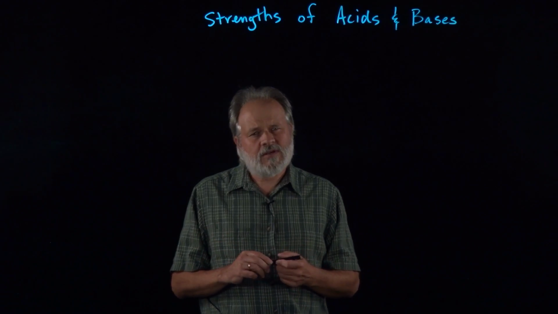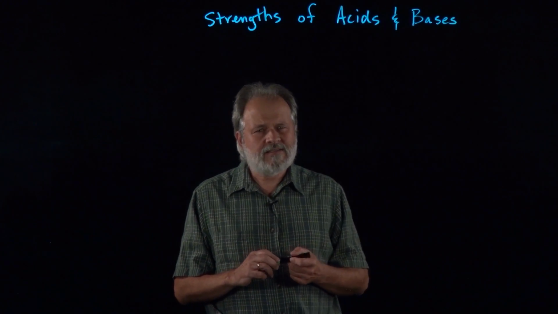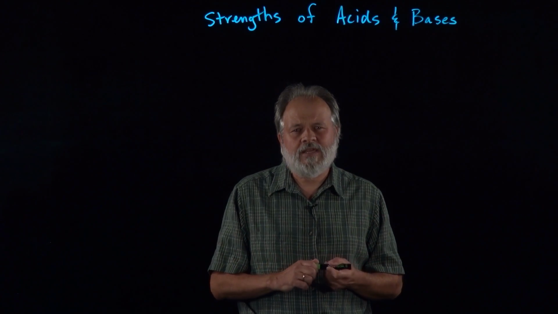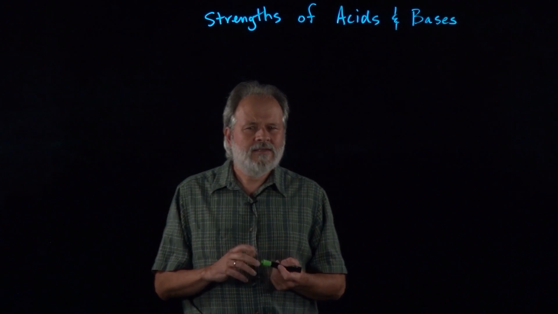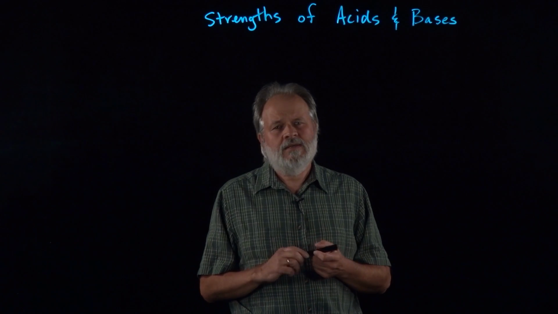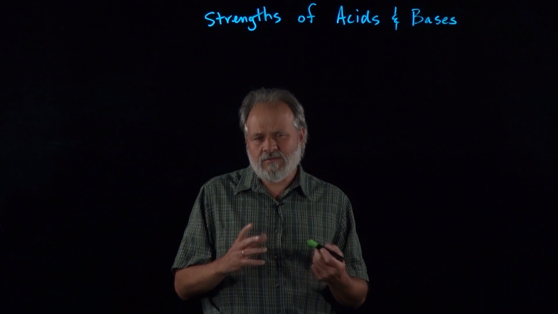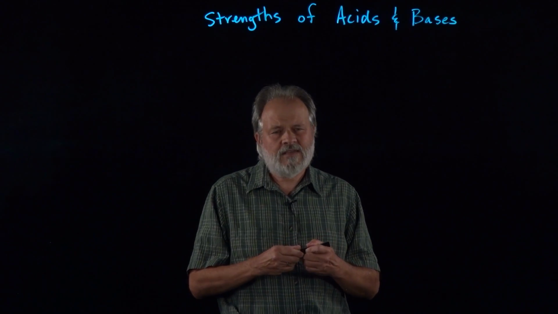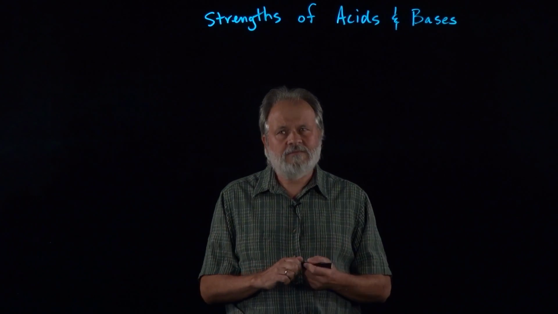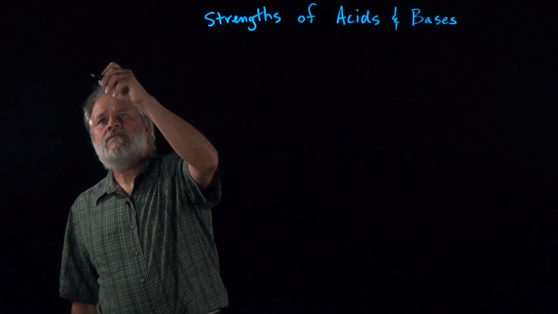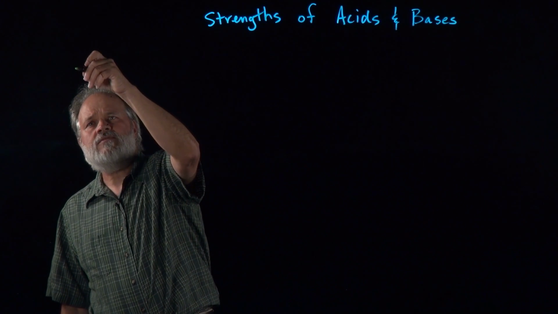In this video we're going to talk about the strengths of acids and bases. One of the first things you're going to be expected to memorize are the 7 common strong acids. That means they dissociate 100% in water. There's no significant equilibrium to think of. You just get the proton coming off, and that's that. The list of the 7 common strong acids are